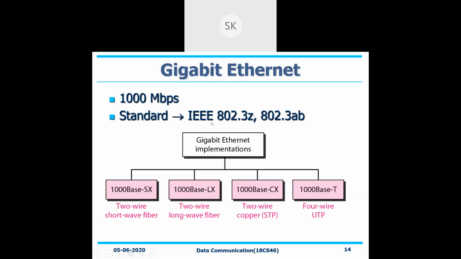The standard that we are having is 802.3 itself. Under that 3, there are subcategories available. So you will remember, with respect to gigabit Ethernet, 2 different standards. One is 802.3Z, another one is 802.3AB. Why is AB coming into the picture? Simple thing, I'll just tell you what the standards are and how they will be implemented.